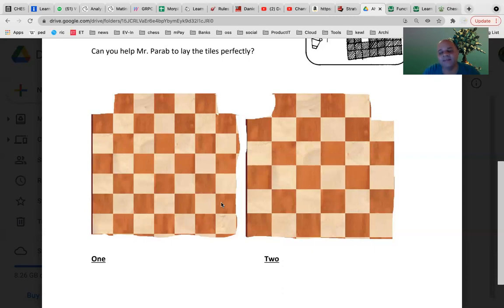But on the diagram, what is left is 2 dark squares. Correct? Because there are 21 dark squares, so you use 19 tiles to cover them. 19 will go, 2 of them will remain. Now those 2 dark squares you will not be able to cover, no matter what you do with that 1 tile. 1 tile will always be able to cover only a light square and a dark square combination next to each other. Are you getting it?